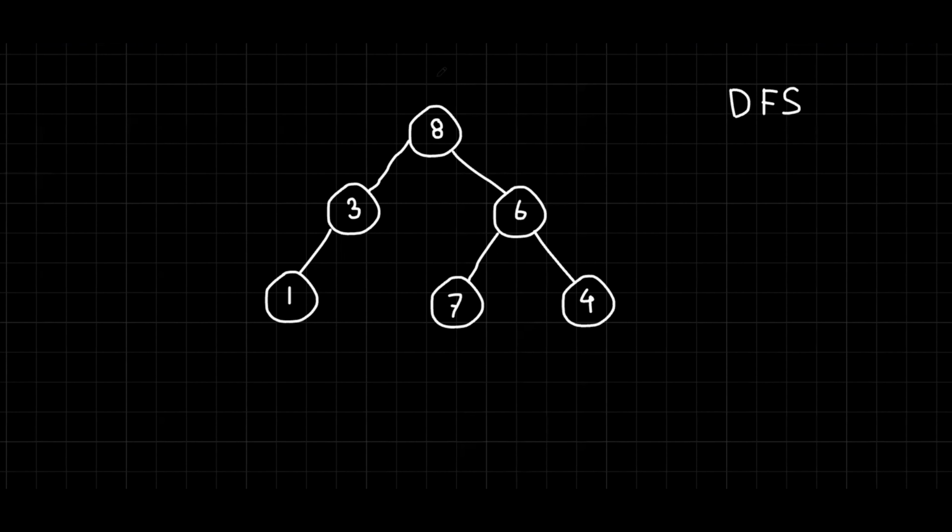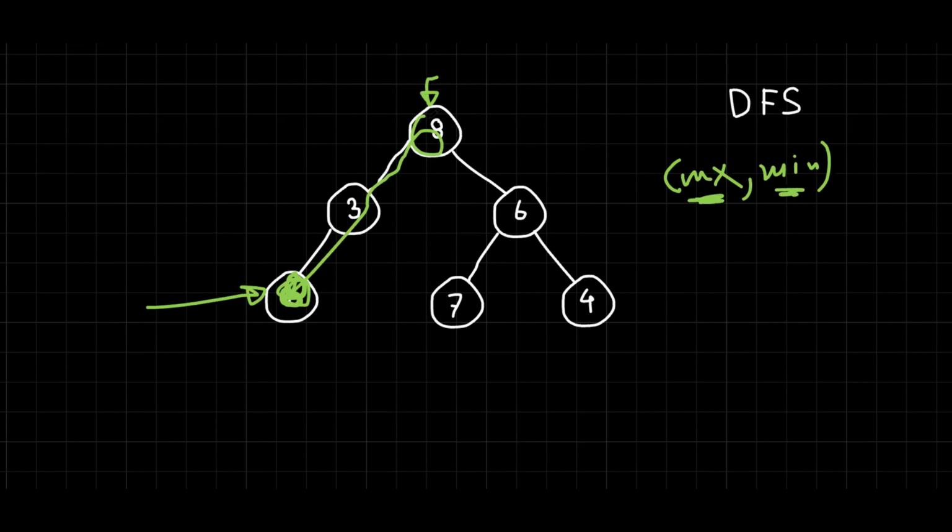Basically, we have to solve this problem by using the DFS function. And here the basic principle is inside each node or each DFS call, we will store two values. One is the maximum and another is the minimum. Why? This maximum value represents the maximum value from root to this node. Suppose currently our node is 1, and this minimum value represents the minimum value from root to this node. So